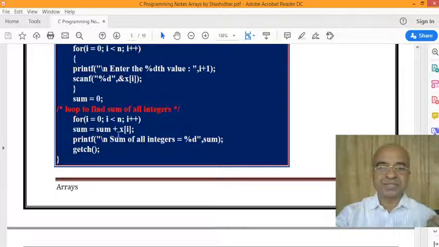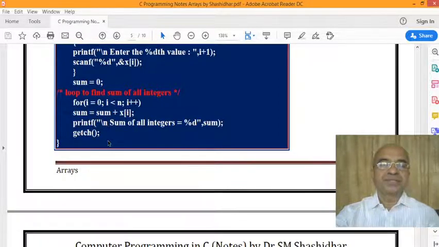This statement is to be repeated as long as i is smaller than n, and the final sum is obtained for n integers. All the n integers are going to be added.